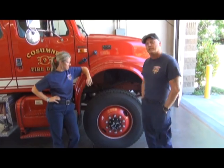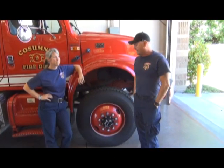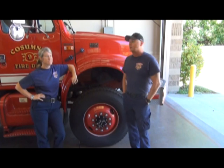We had a problem with the recall of these Type 3 engines, and there was a problem with the U-joints, so when they came back they installed the locking hubs like you would find on, say, an older Ford pickup truck. So when we're going to lock them into four-wheel drive, the first thing we're going to do is